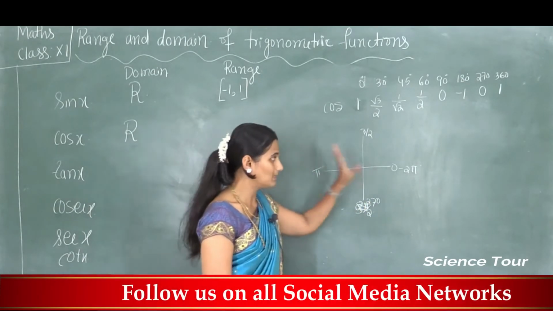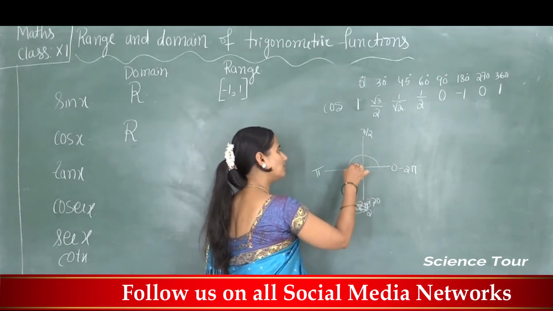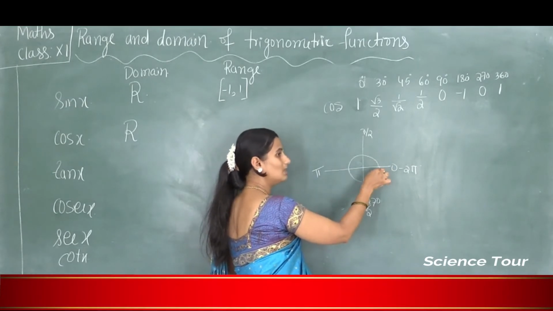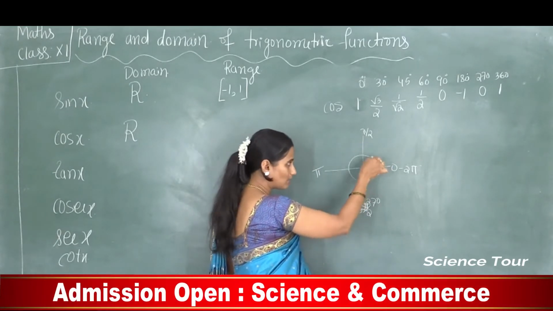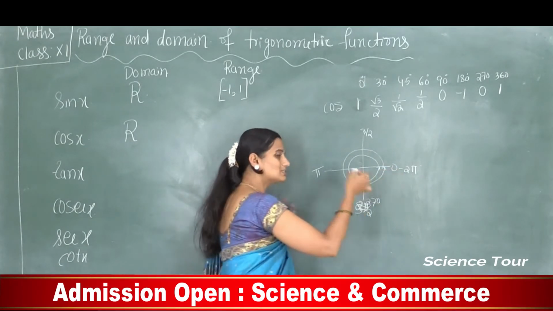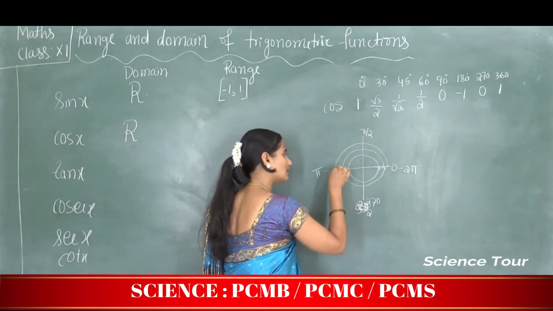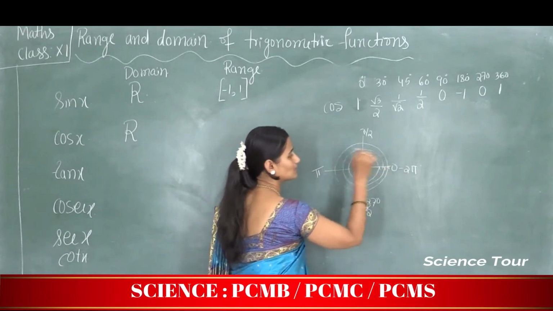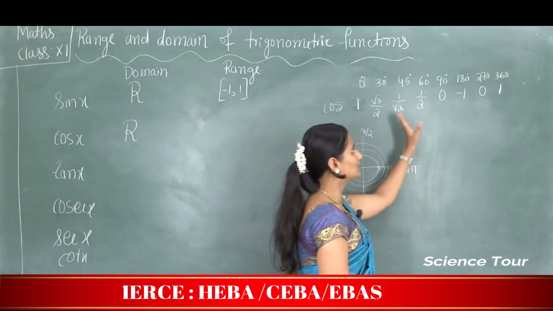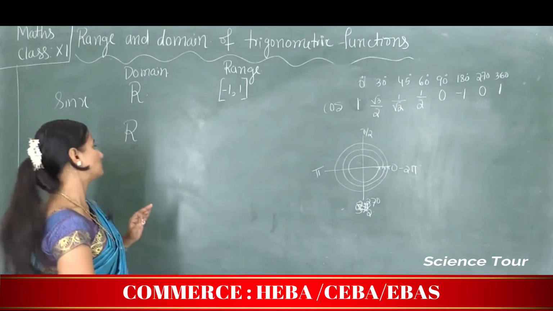Now why I am writing this is, whatever values, those values it takes in periodic order. It completes in one circle. Whatever values you get in one circle, the same values you get in the second circle. So it is called periodic values. In the third cycle also we'll get the same answers. So if you know these answers, you can understand the range of the cos function.